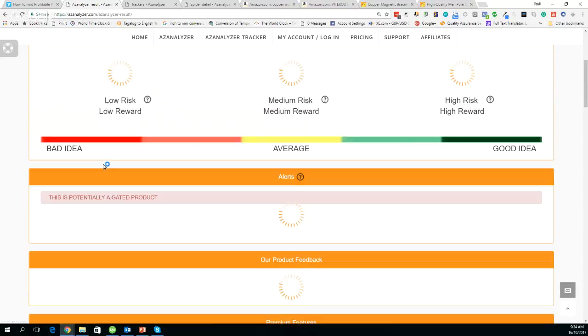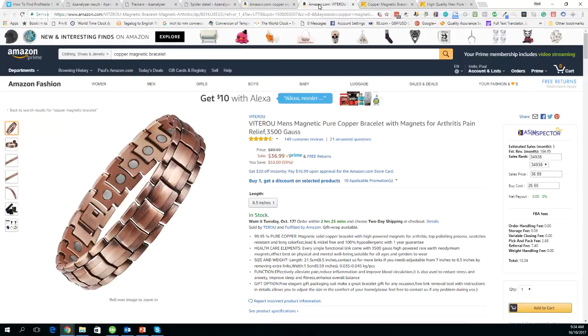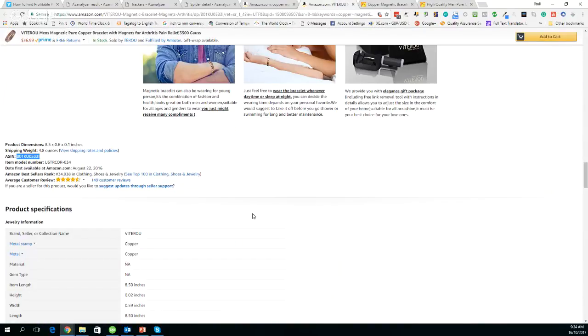And as we go down here, it's going to come up with alerts. All right. And we can already see an alert in here. This is potentially a gated product. So if we go back over here to the actual product itself, we should be able to scroll down and have a look at the category this product is in. And I bet it's in jewelry. It's clothing, shoes, and jewelry, which is a gated